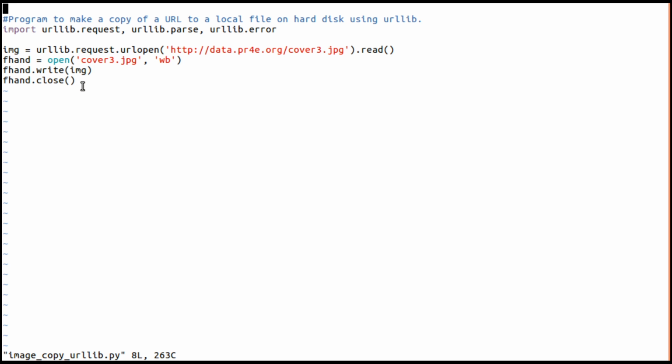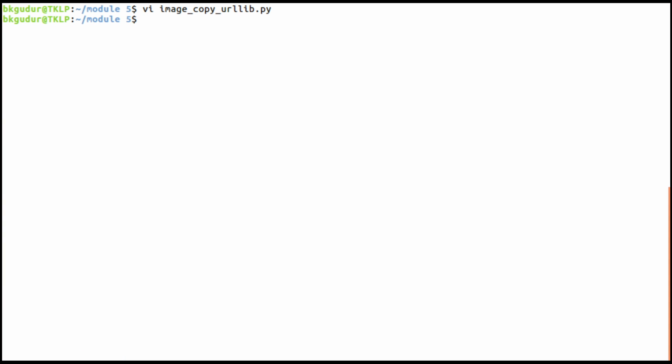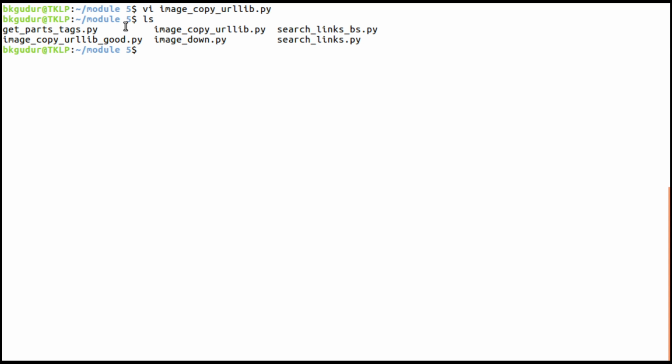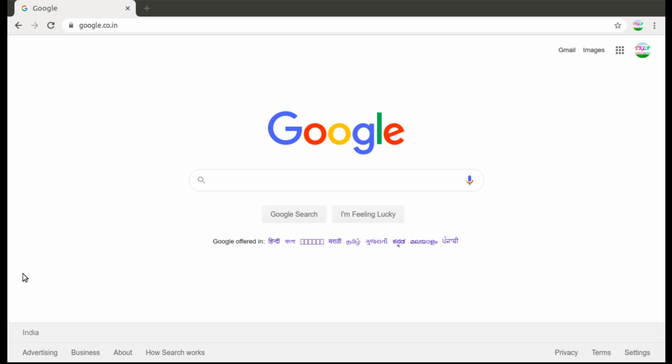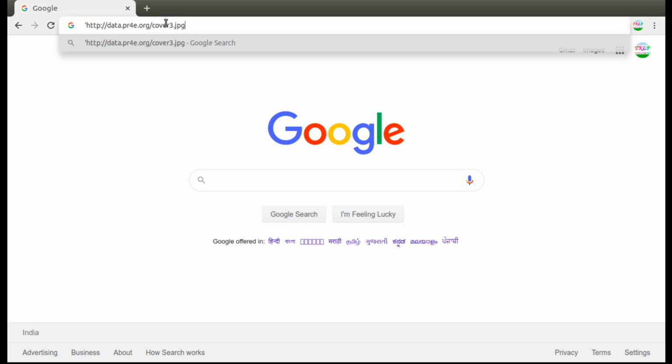As usual, the program I have explained is there. Before I execute this program, let me open this particular URL in a browser and show you what it contains. And one more thing, dear students, before I execute, I will show you what this folder contains. If I use the command ls, look at this, there are only .py files in this folder. Now I am going to show you the browser, and in this browser let me paste that URL and see what it contains.